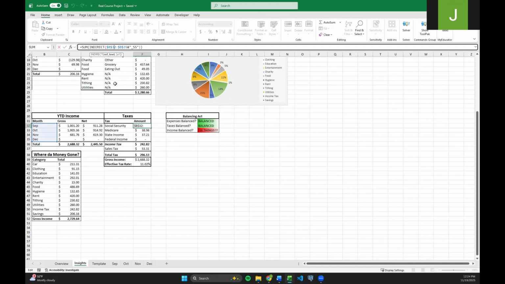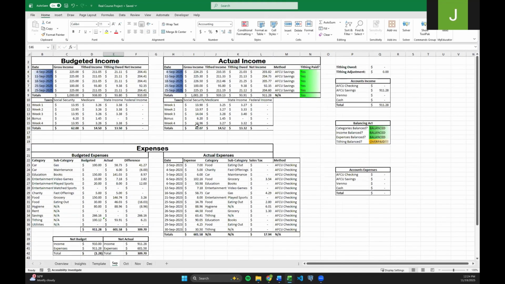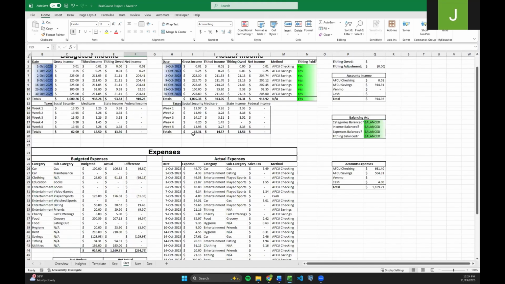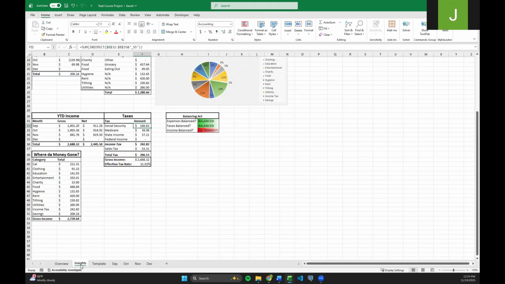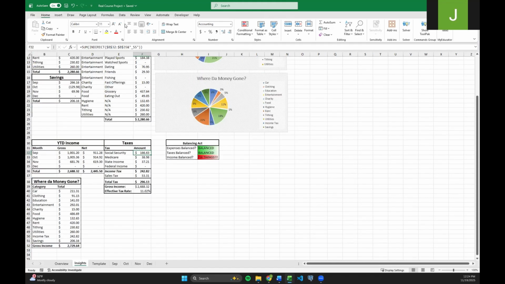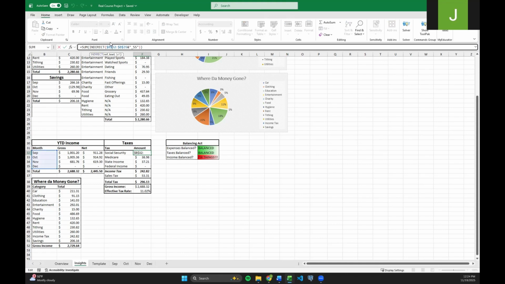I named things. So we have Social Security. I named Social Security in each of my budgets. You can see September Social Security, October Social Security, so that when I created formulas, I could do this little INDIRECT thing that references the month and finds the variable name and sums that up. So this is going to create,